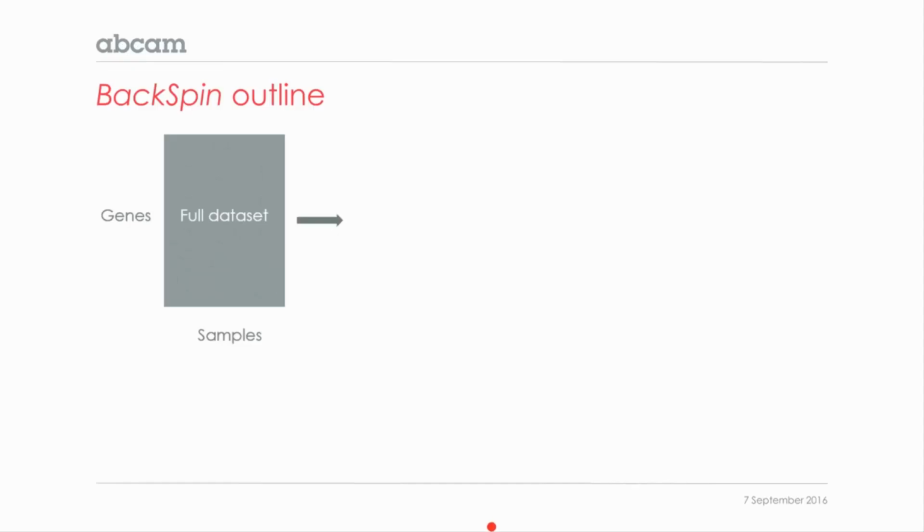So the general theme in the analysis of single cell experiments is that we want to look at heterogeneity. We want to take this full data set, which is genome-wide, so what you get is a big matrix. You have genes on the rows and samples or cells on the columns. And now what you want to do is get clusters or groups of co-regulated, or groups of similar cells. And we call them clusters in this analysis.